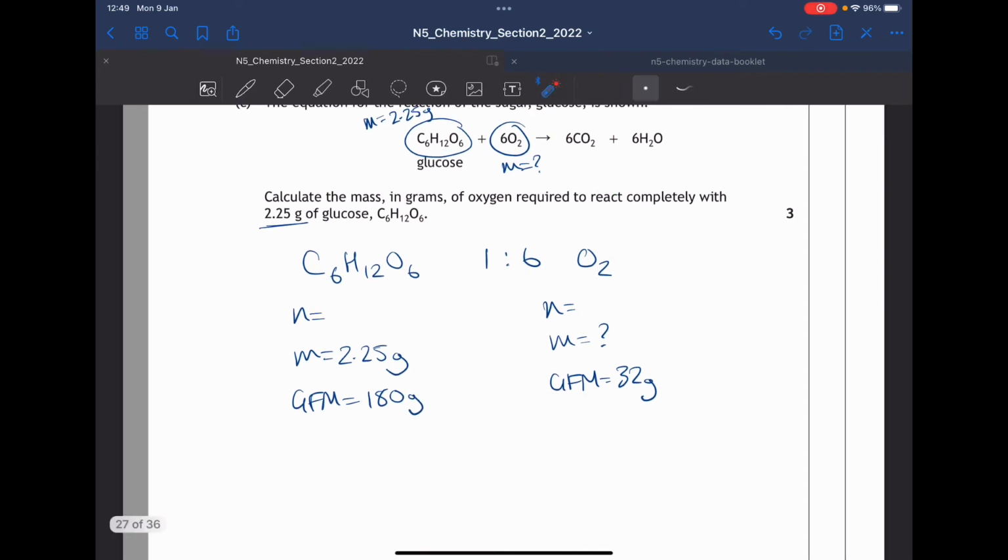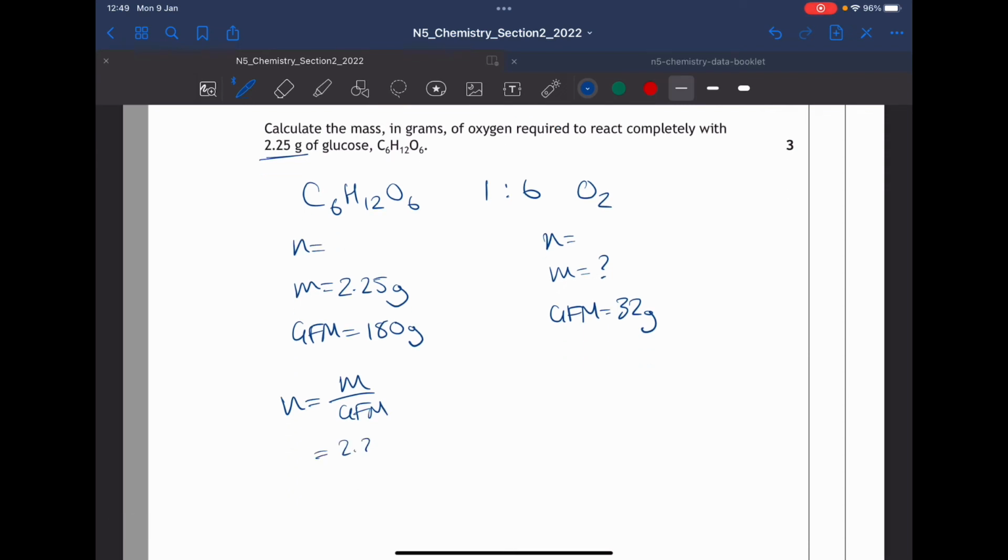So you should be able to see now that the only place you can start is by calculating the moles of glucose. So N is equal to M over GFM. So if we do that, 2.25 over 180, that gives us 0.0125 moles. So now to go across, we use the mole ratio. So we're going from 1 to 6, which means we times by 6 in this case. So we times that number of moles by 6. That gives us